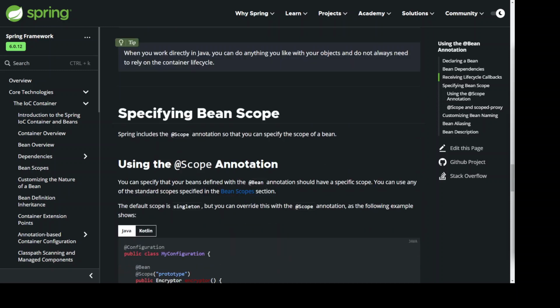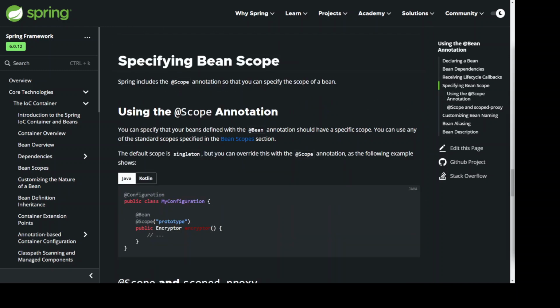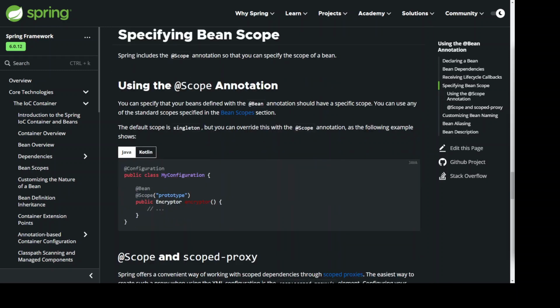Specifying bean scope. Spring includes the @Scope annotation so that you can specify the scope of a bean. Using the @Scope annotation, you can specify that your beans defined with the @Bean annotation should have a specific scope. You can use any of the standard scopes specified in the bean scope section. The default scope is singleton, but you can override this with the @Scope annotation, as the following example shows. @Configuration public class MyConfiguration { @Bean @Scope("prototype") public Encryptor encryptor() { // ... } }